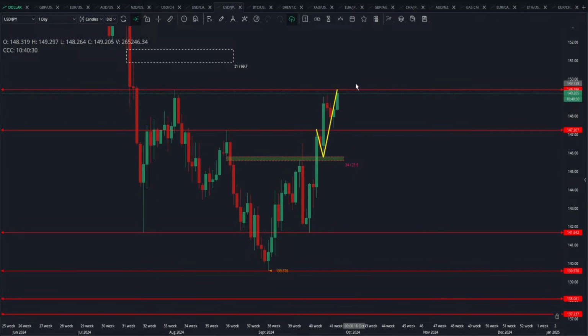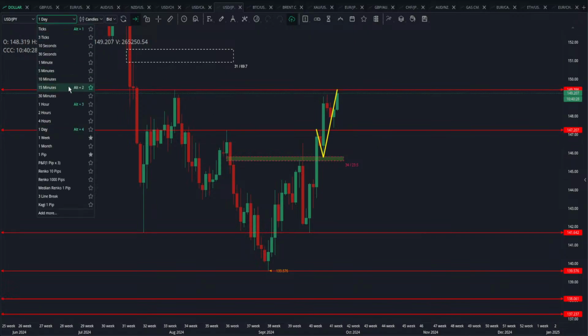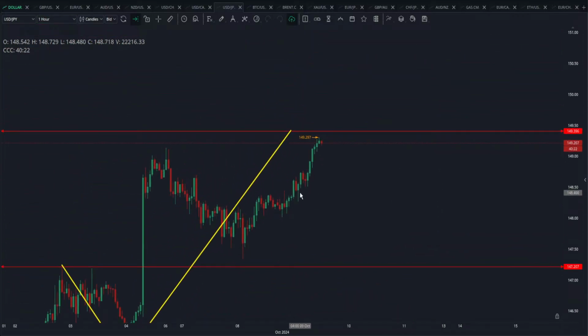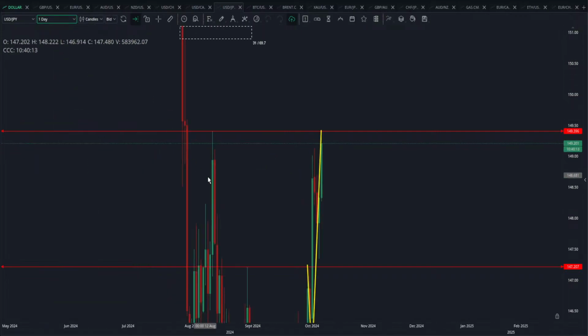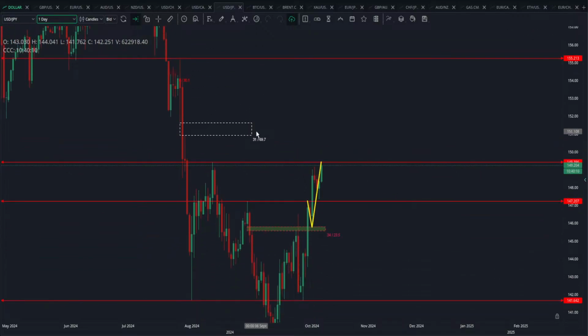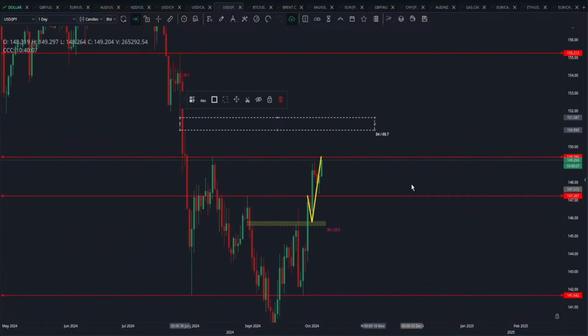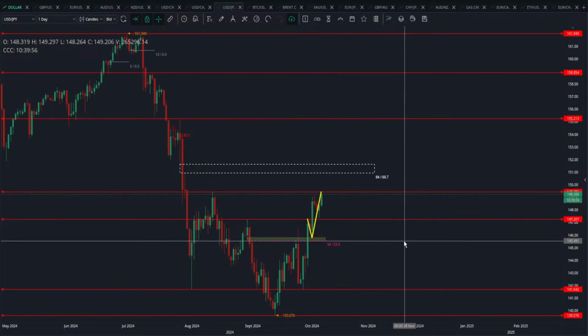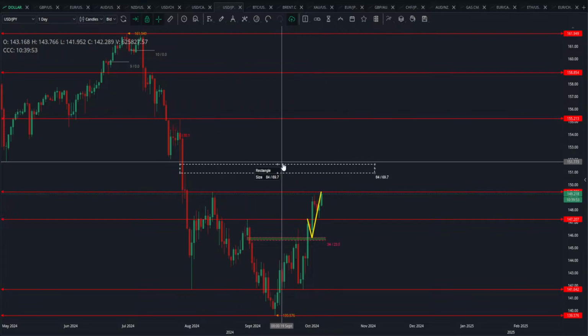There is a possibility that the price will go up and come down again. But on the low time frames, I have noticed that the price is not able to go beyond that. See, on the low time frame, I have seen that the price is getting rejected from these levels. So let us see how the things unfold. But beyond 149.39, I think there is nothing that can stop the price. Let me check that. So the next thing that can stop the price is here, which is very far. The low of that area is around 150.87. So that is huge. There's a huge run possible beyond 149.40. There's a huge move that is possible.